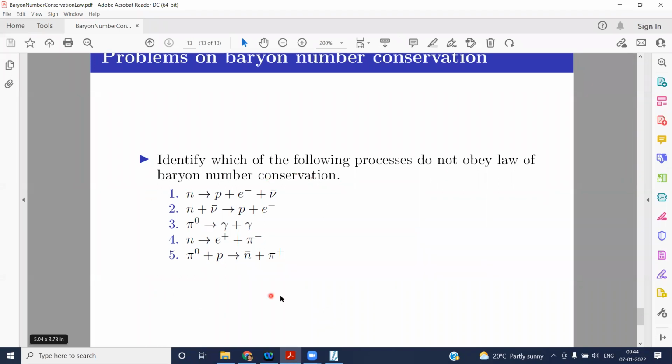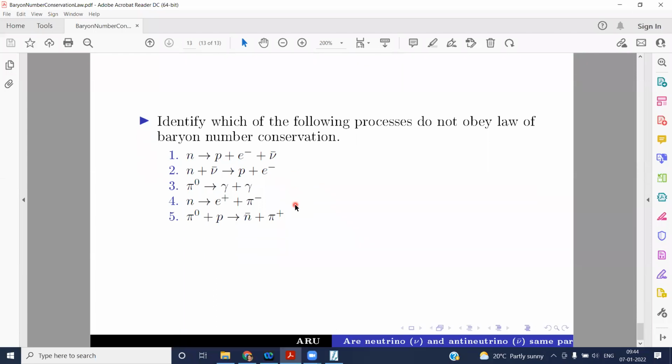If I add to it, check whether baryon number conservation and crossing symmetry relations hold for these processes, then you have an additional thing. First write baryon number conservation, then write the crossing symmetry relation for some known processes. Okay. Then you will get some additional things. These are like your questions in your exams. Okay. So I will stop with this.